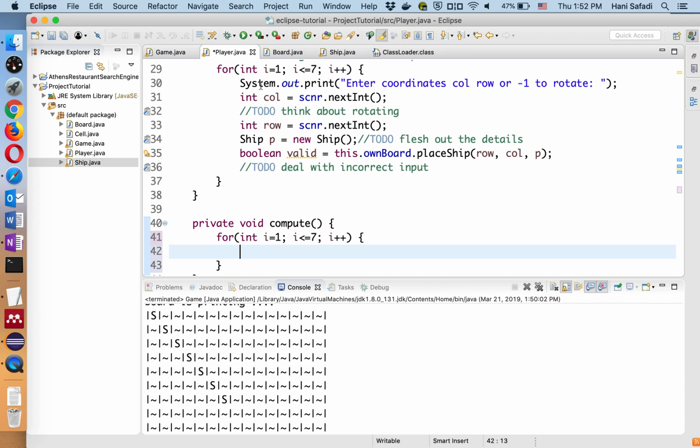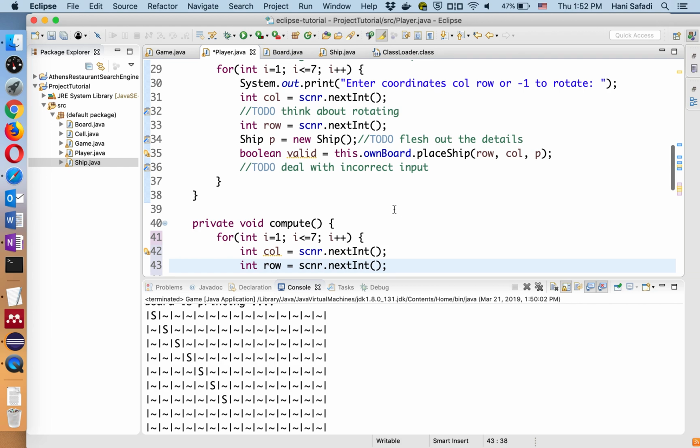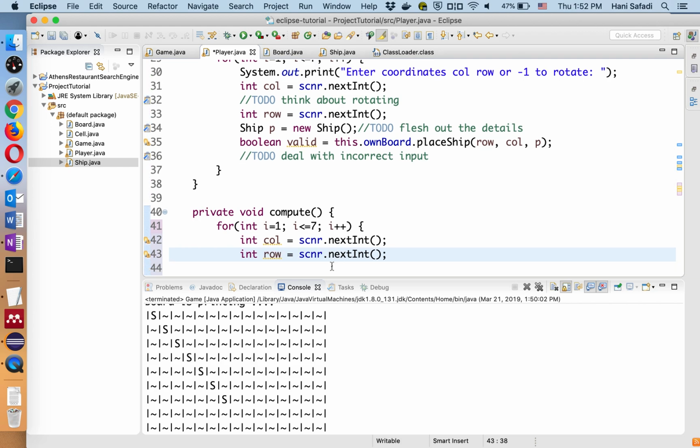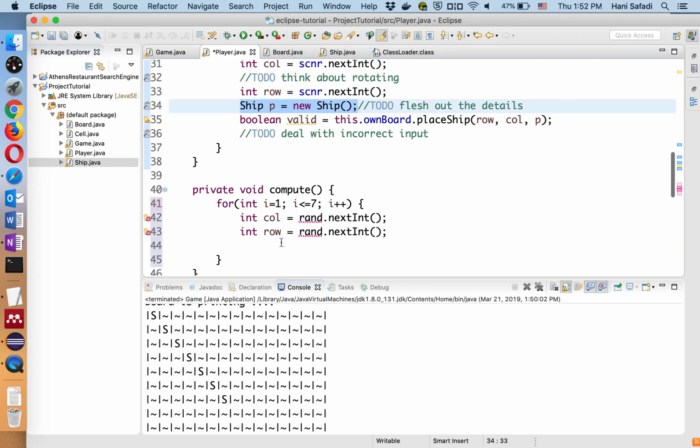And thinking about getting the column and the row here. Of course, the column and the rows were created by reading from the input. How does the computer player decide about column and rows? Well, instead of being created from the input, we're going to generate those numbers randomly. Once we generate these numbers randomly, it's the same story